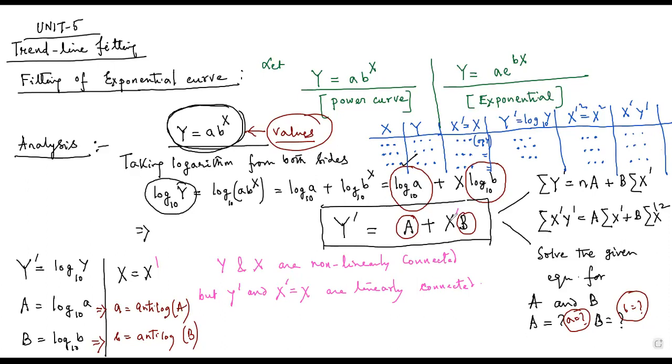What happens when the curve is exponential? A similar approach will be applicable over here. When the curve is exponential, that means your equation is y = a e to the power bx. But here, since you have considered this exponent e, remember in this particular case, you are going to take the natural logarithm. Taking natural logarithm on both sides,